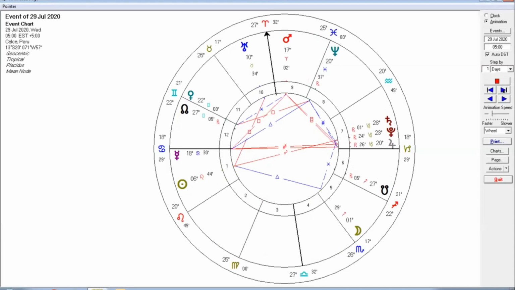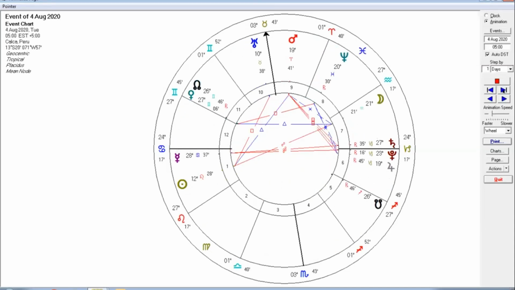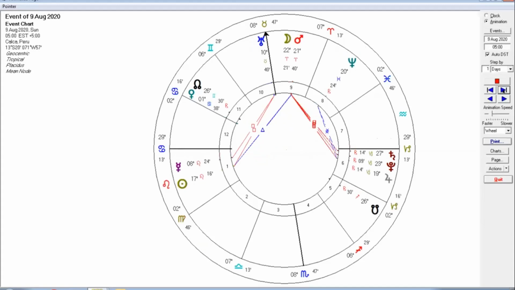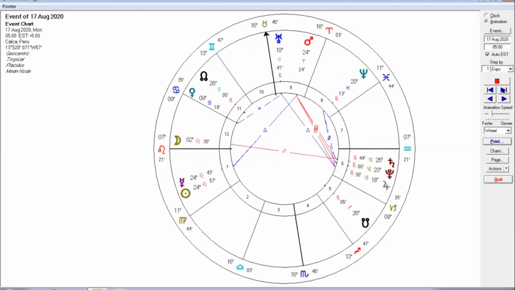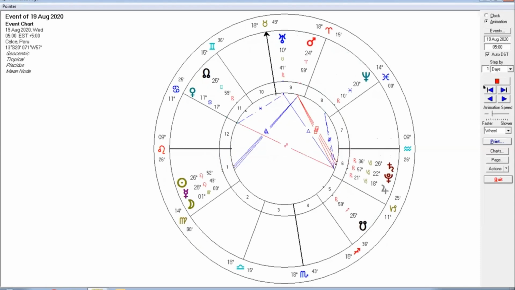And you see the moon going all the way around the chart. So this is close to the full moon now. The moon is opposite the sun from the perspective of the Earth. That's what a full moon is. And so here the moon is in the sign of Aquarius. The sun is in the opposite sign of Leo. And keep moving it forwards, and pretty soon we get back to the next new moon,